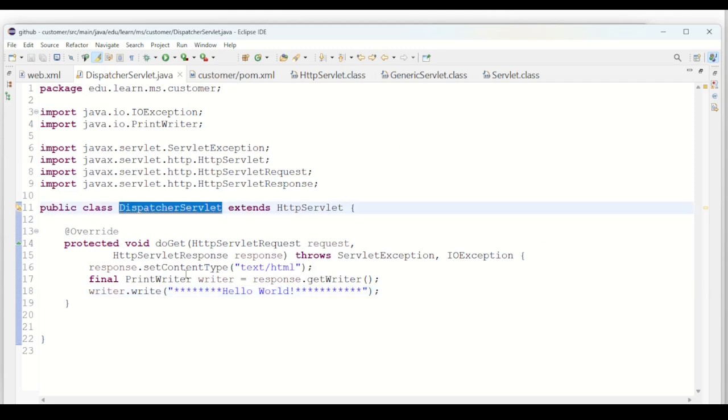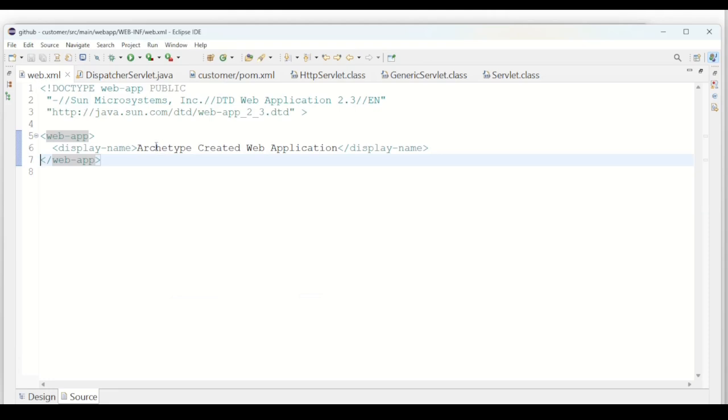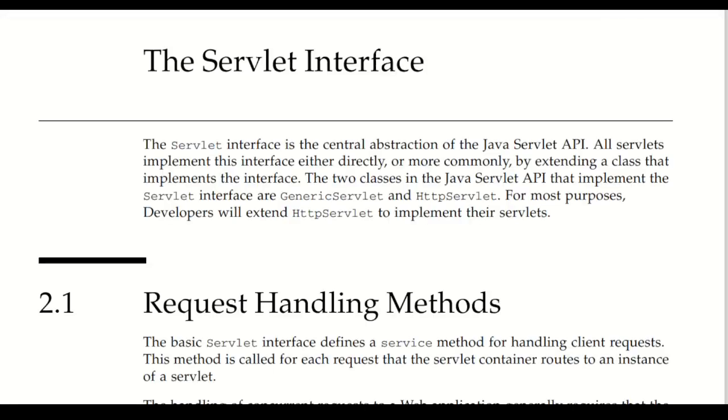But this is not a typical class which is started by us using some main method. We will submit it to the container that we talked about earlier, and the container will have to read a descriptor called web.xml, and from there it will know how to map the incoming request to a particular servlet, right? I am going to put some tags here, and how you will know about that is again by reading the specs. So if you go to